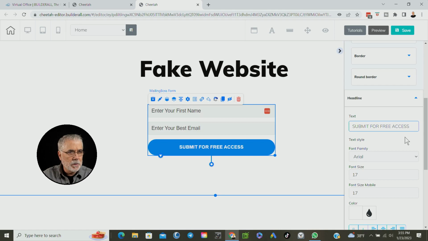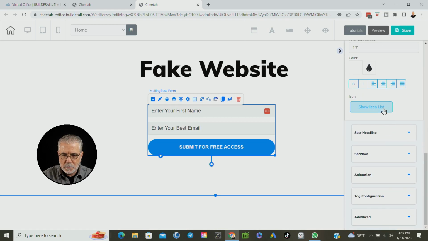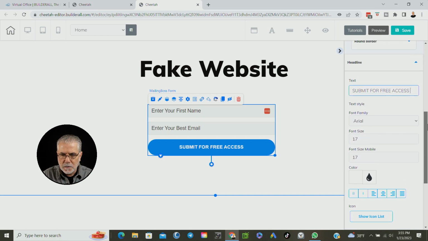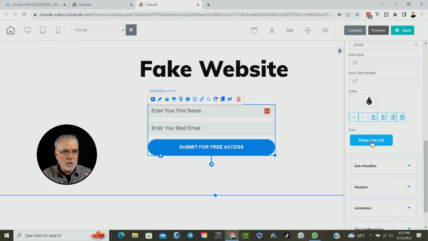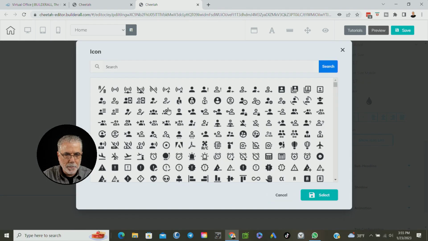And then what I like to do, here's a little trick, hit the space bar. So I'm still right here in headline. I'm going to hit the space bar, and then I'm going to go down here, show icon list. We're still in the headline, show icon list. If you want to put like a little icon at the end of that to guide them, like a check mark or an arrow or something like that, that's where we put that. So I'm going to go to show icon list. We'll get a little pop-up. I'll just type in arrow,